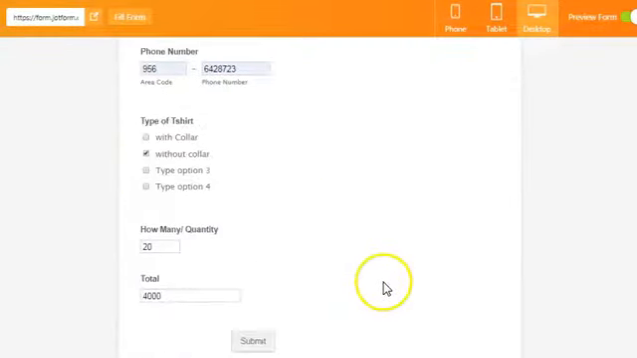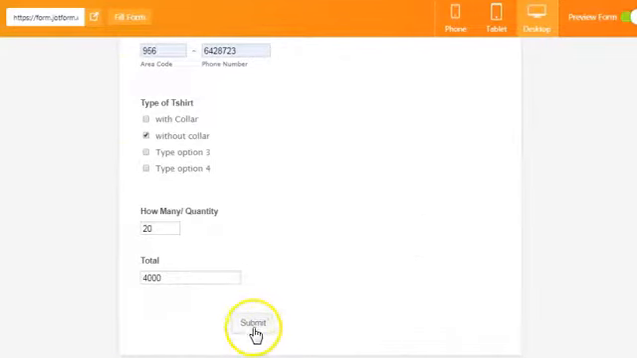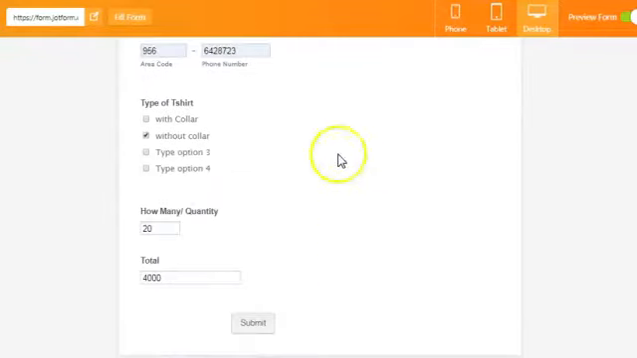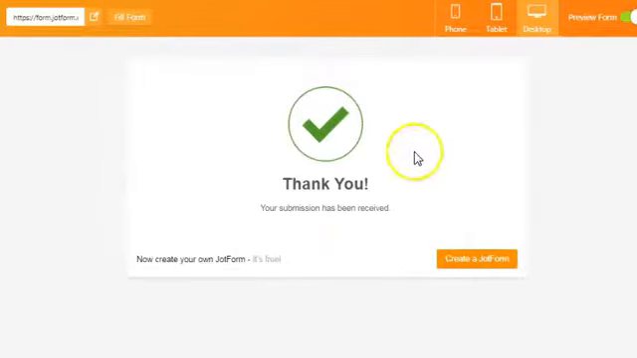Okay, all the information is in there, and hit submit. This is the actual form that we're going to put in our website. Now, an auto response or an auto message will pop up: your submission has been received. Now let's check it out, because once you submit this form,